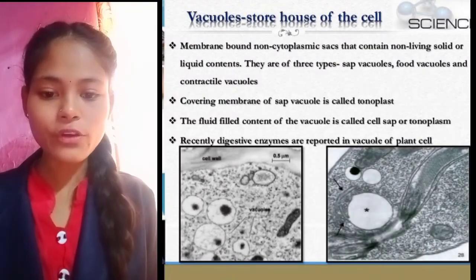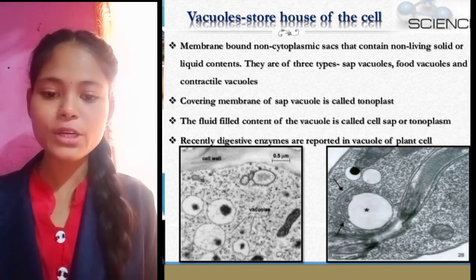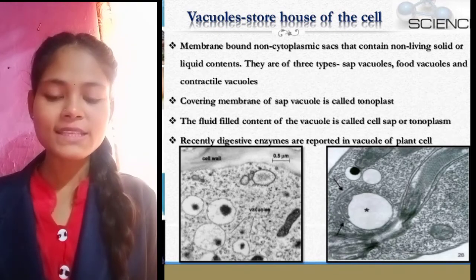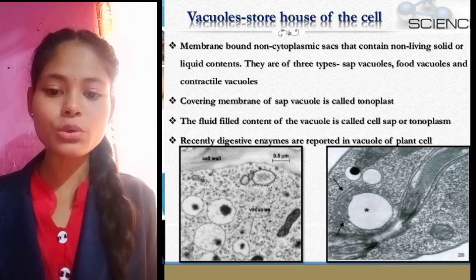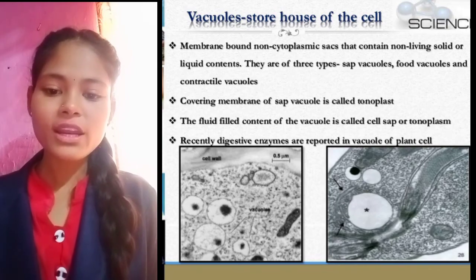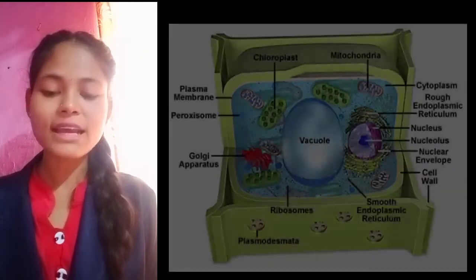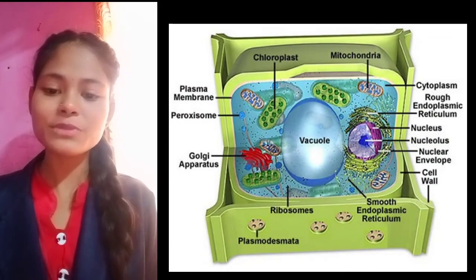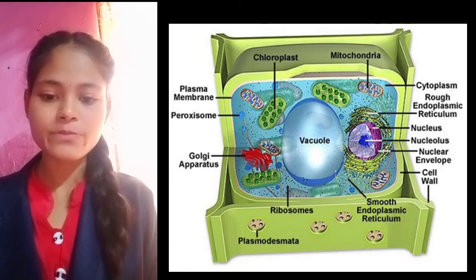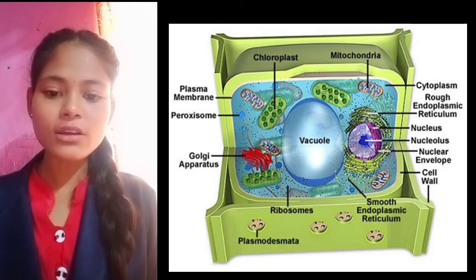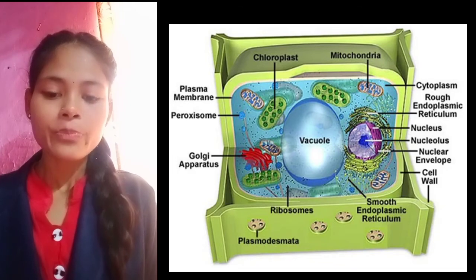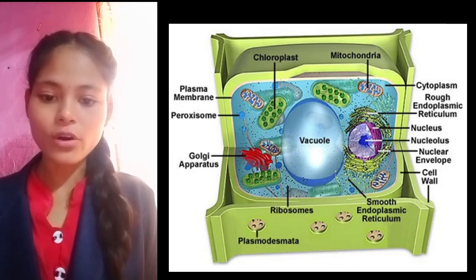But if we see the size of the vacuole present in a plant cell, it is very large compared to an animal cell, or it may be absent in an animal cell. If we see the central vacuole of some plants, it may occupy 50 to 90% of the total volume of the cell. The vacuole also helps in storing various important materials necessary for the plants, like amino acids, sugars, fats, proteins, vitamins, etc. Thus, they also act as storage. In some unicellular organisms, these vacuoles, also called food vacuoles, contain the various food materials taken in or ingested by the unicellular organisms.